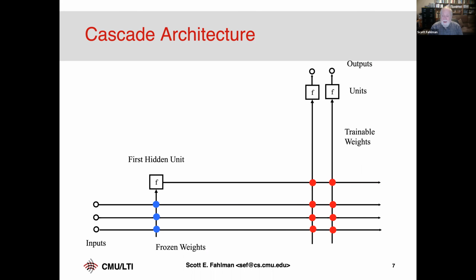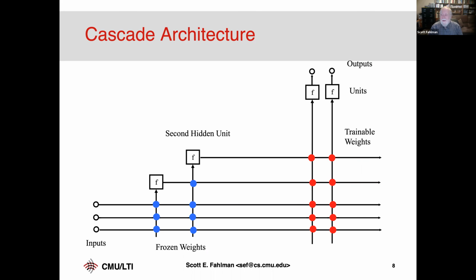So what can we do? We can add another hidden unit. Train up another hidden unit to match some of the residual error. And if it matches it, we can blend this in and eliminate that component. And the second hidden unit not only looks at the raw inputs, but it looks at the output of the first hidden unit. Now, I've drawn these weights in blue right here because the idea is that once you add them to the network, you freeze them.